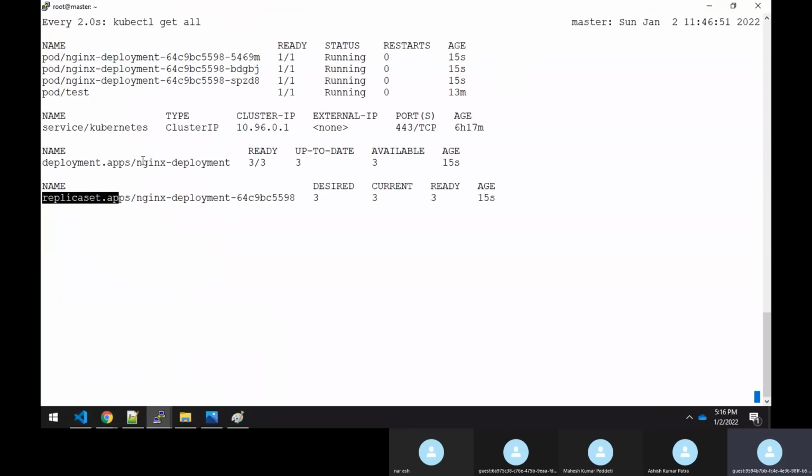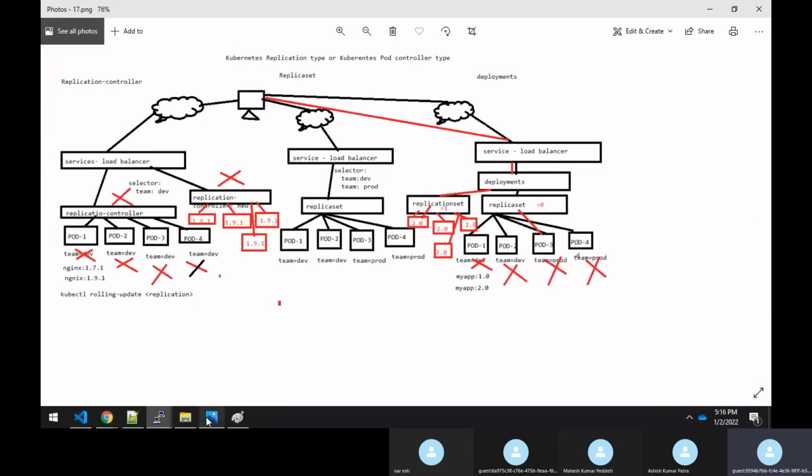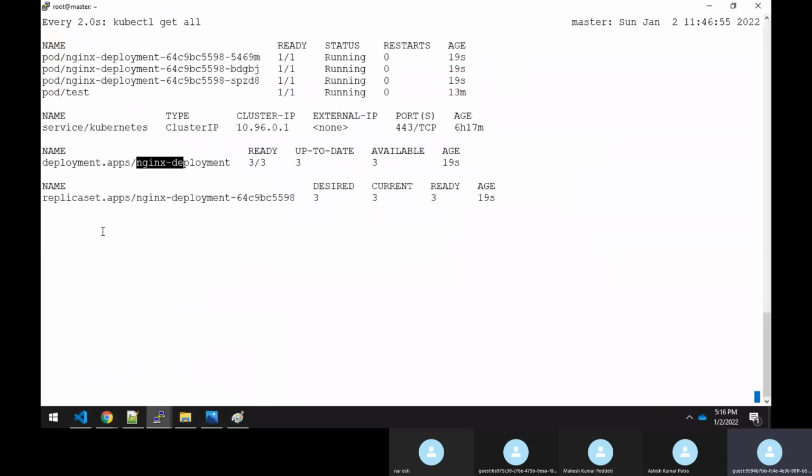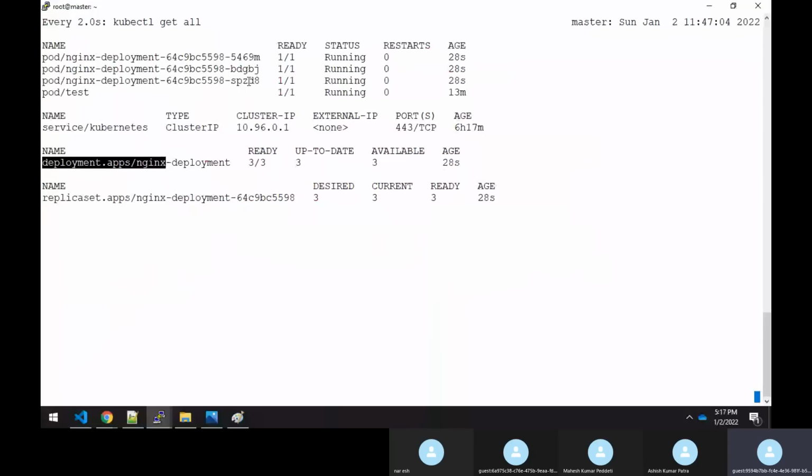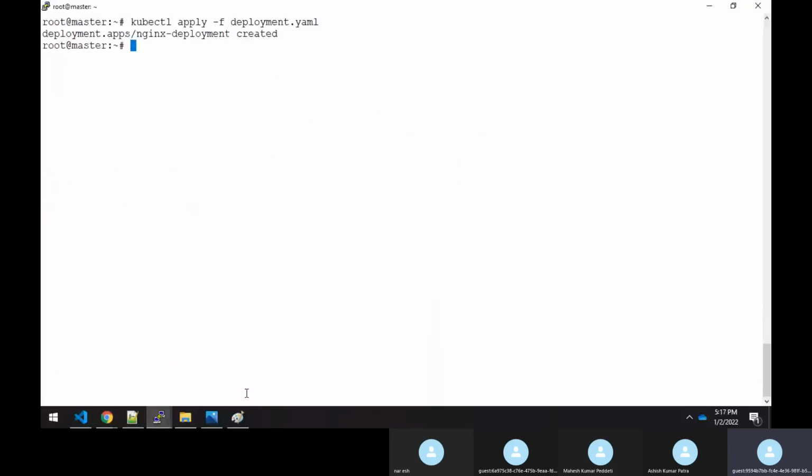It means that it uses the same replica set we already have. So it will create a replica set, and on top of the replica set, it creates a deployment. And under it, it is going to run these 3 pods. I think we can remove this pod just to avoid the confusion. What is the pod name? Test.